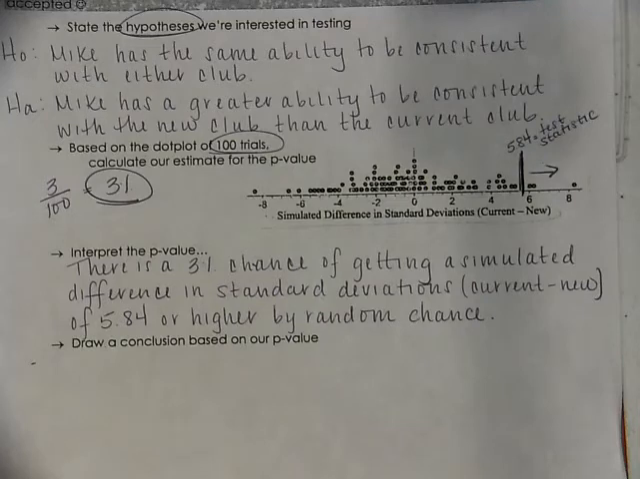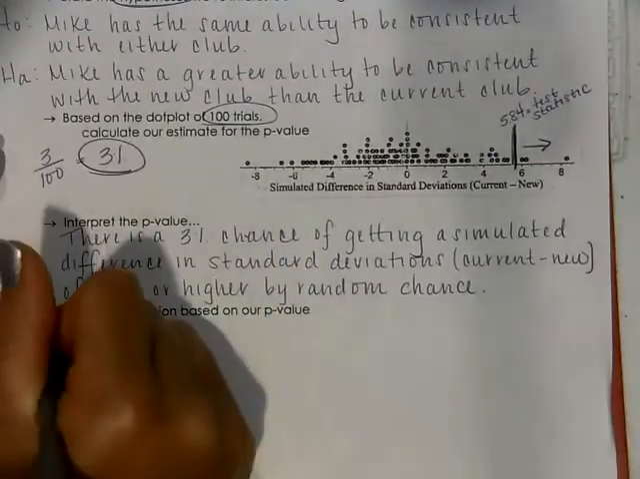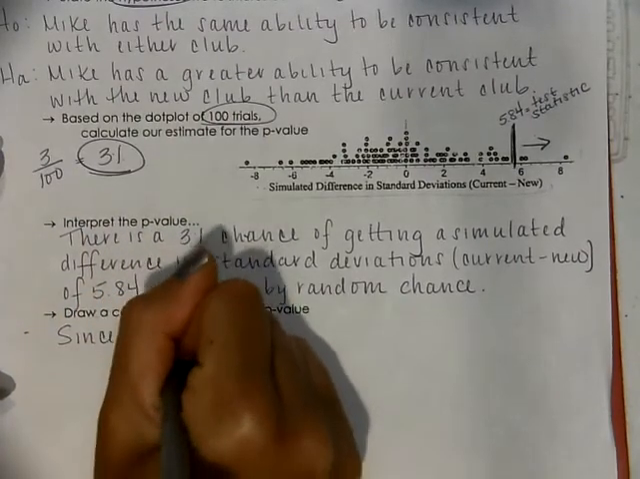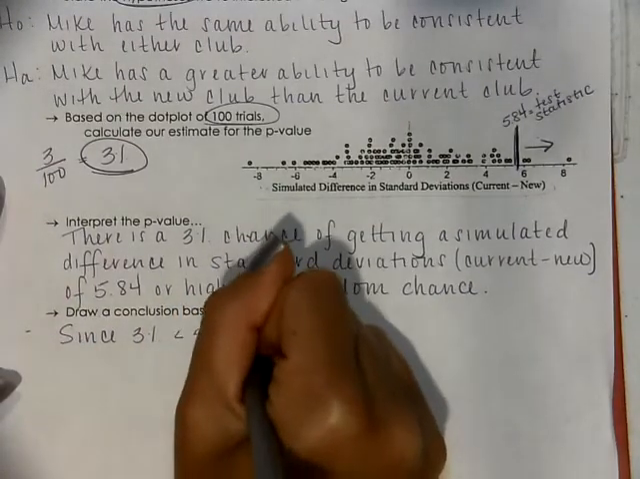So, draw a conclusion based on our p-value. So, this was unlikely to happen by random chance. So, the fact that it happened, yeah, I'm thinking Mike is actually really more consistent with the new club. He does have a greater ability to be consistent with that new club. So, first thing you want to do is, remember, always compare your p-value to our significance level, which is 5%. So, since 3% is less than 5%, we do have convincing evidence